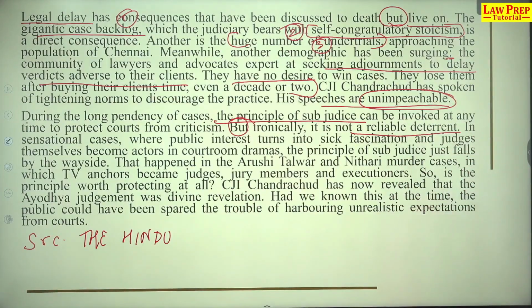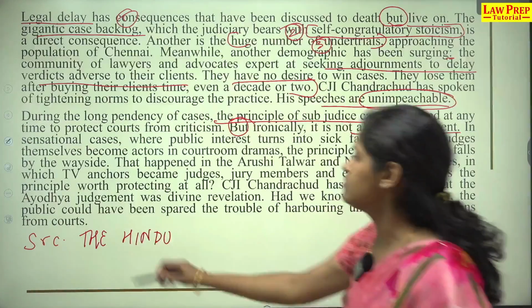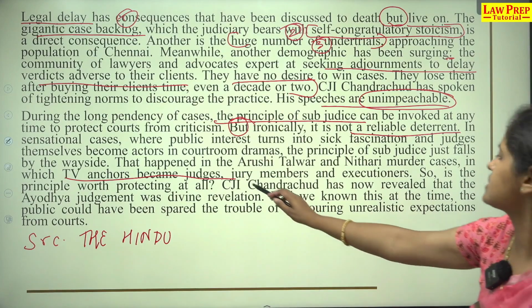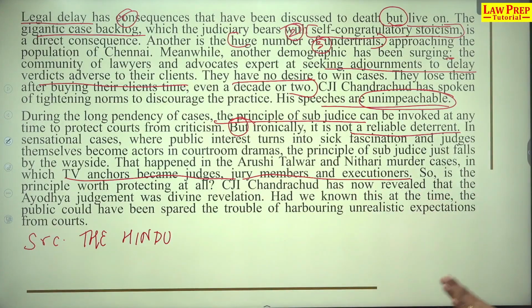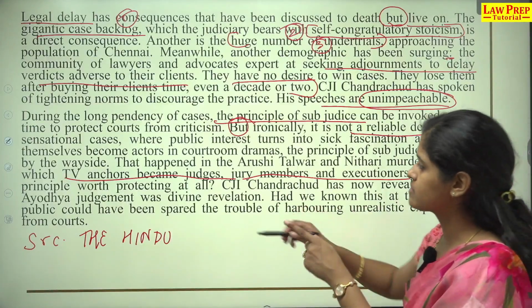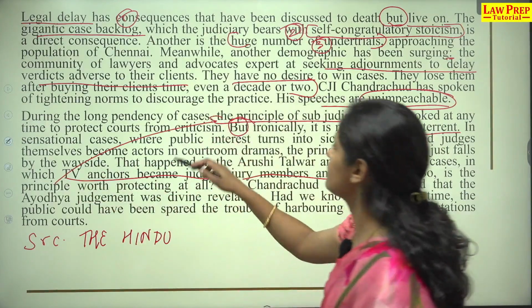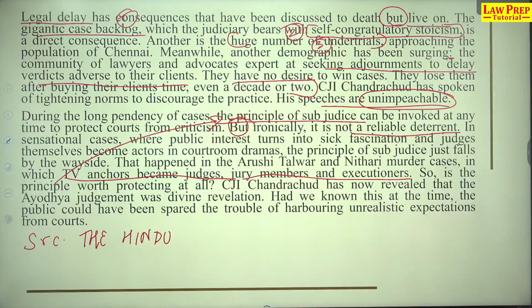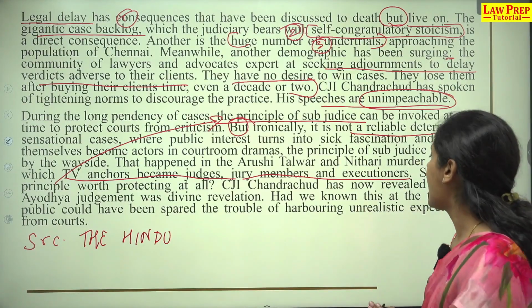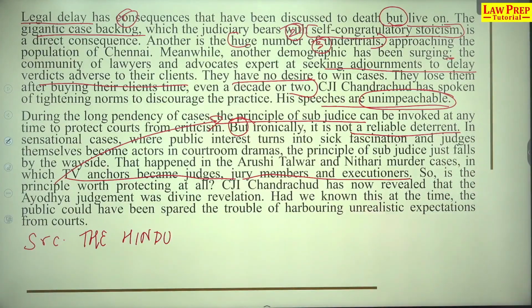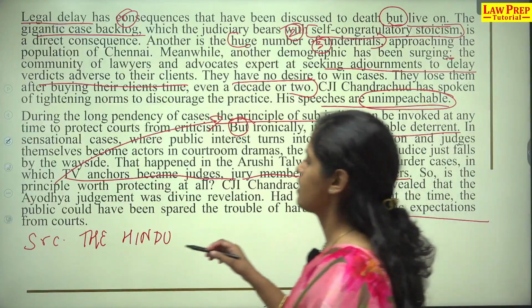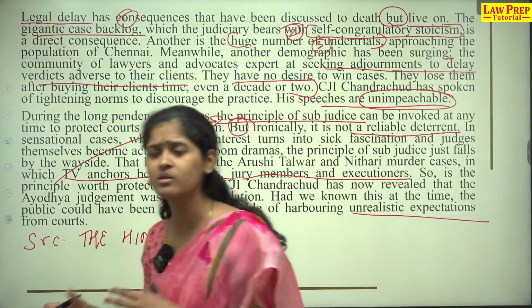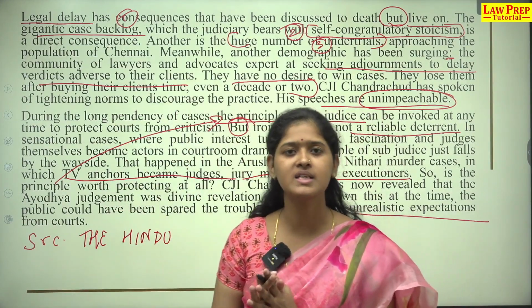That happened in the Arushi Talwar and Nithari murder cases, in which TV anchors became judges, jury members and executioners. So is the principle worth protecting at all? Principle is which? This principle. Principle of sub judice. CJI Chandrachud has now revealed that the Ayodhya judgment was divine revelation. Had we known this at the time, the public could have been spared the trouble of harboring unrealistic expectations from courts. The public has this unrealistic expectation that